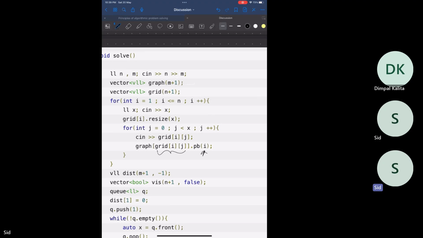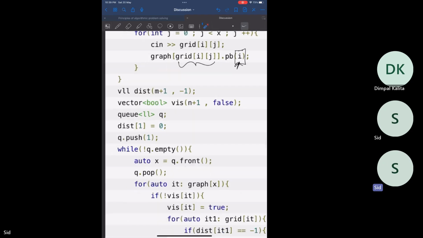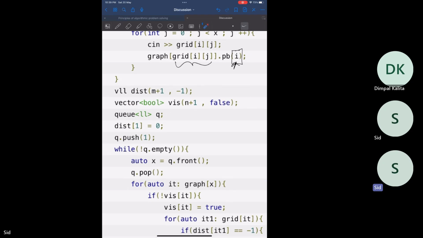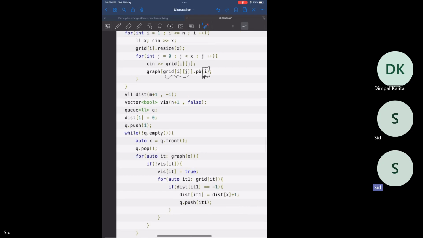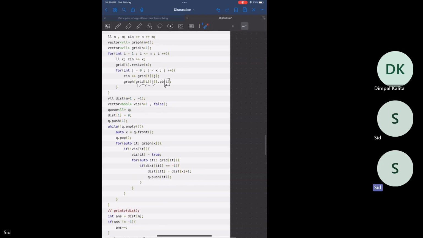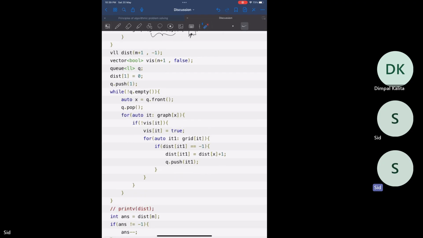And with that, when we come to this set of index, what we can do is traverse through the grid, which we are keeping here. We can traverse through the grid and then move to other indexes. Okay, so initially we want to find the minimum distance. So here we will keep a distance vector and a visited vector. Then we will use a queue for standard BFS. Then initially we'll start with 1. Like the standard BFS, we will take 1, and then we will